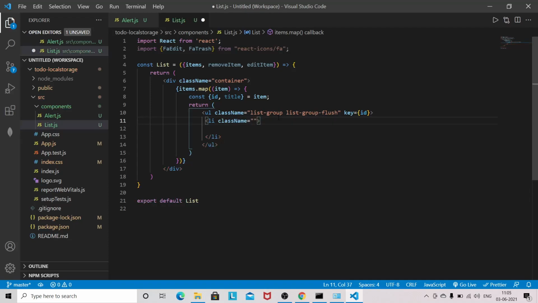So list-group-item, d-flex, justify-content-between, align-items-center,